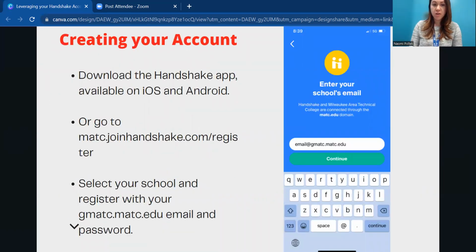So now that you know what Handshake is and why you should use it, I'd like to dive into creating your account. So if you have your computer in front of you, or if you don't have a computer, you can use your phone too. You can download the Handshake app on any iOS or Android phone, or you can go on your browser in your laptop and type in